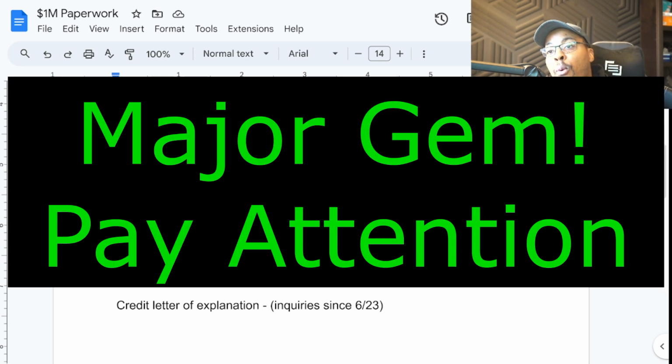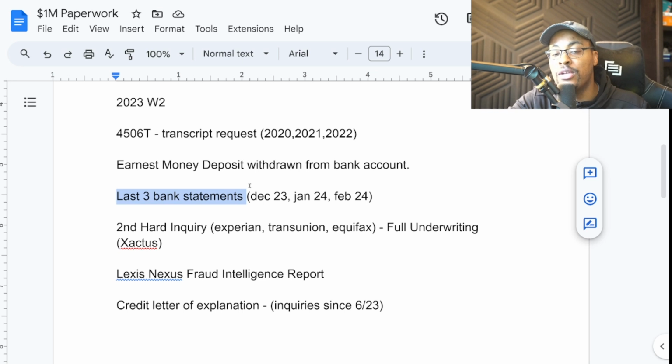Now, here's why they want that information. 2020 could have been great. 21, 22, 23 could have been great. But what about right now? The bank wants to make sure that you're solvent right now, right? So that if they give you this loan and you don't have any money coming in, how are you going to service the loan, right? They want to make sure that even your most recent financial information shows that you're still bringing in